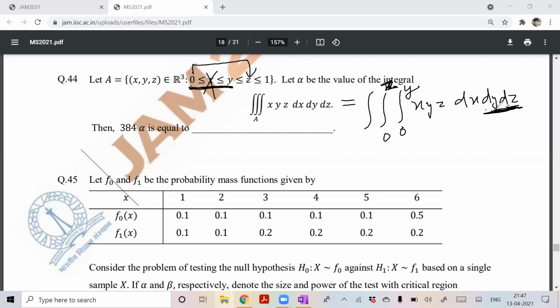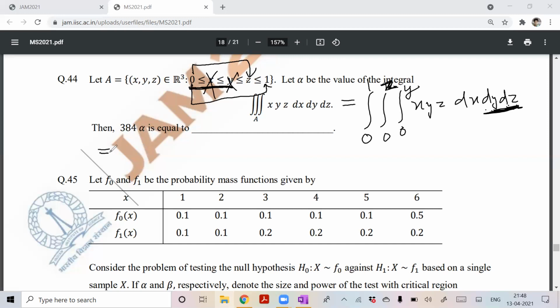Now you will take the projection on the z axis. So you remove y. Now you see where z is. What is the limit of z? So z is from 0 to 1. It is just simple integration now. So x has a limit 0 to y, and y has a limit 0 to z, and z has a limit 0 to 1. Let's integrate this.